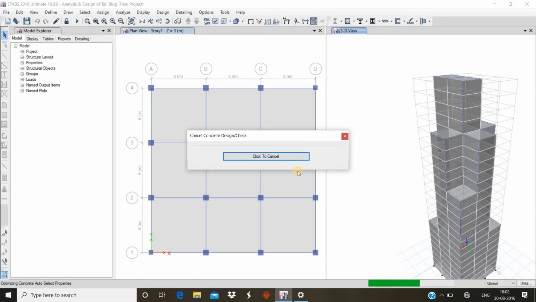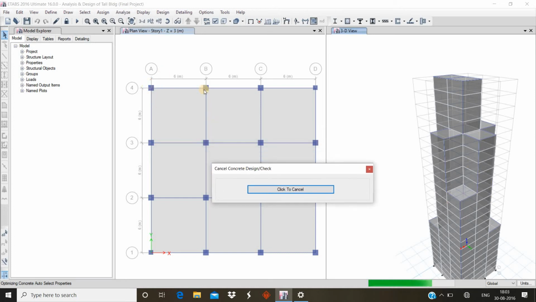So in ETABS you don't have to care about the local axis. If you have used STAAD.Pro, in that software you have to take care of the local axis, and it is difficult to join one member to another.